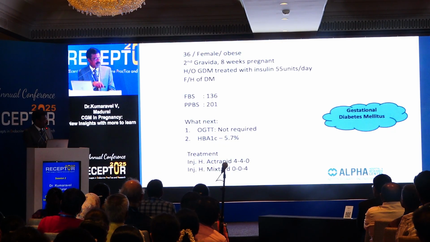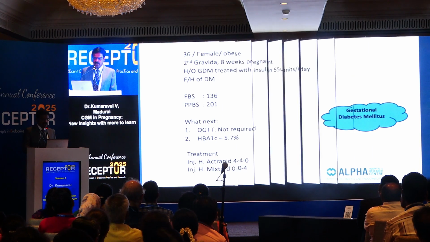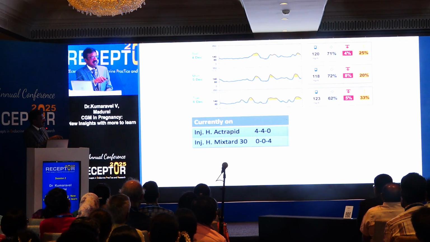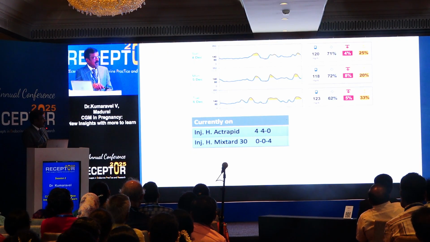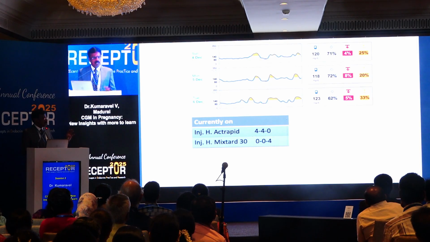So this patient was put on human Actrapid 4 units in the morning, 4 in the afternoon, and mixed 4 units at night. And we did a CGM. This is the CGM for this patient. Now you can see post-breakfast is high, post-lunch is also slightly high, post-dinner is also high. Now if I increase this 4 to 6, you can see pre-lunch the patient is having hypoglycemia. When I increase this short acting to 6 units, this peak will be taken care of, but this trough will also get worse. So these are the kinds of patients who would best suit analog insulin,